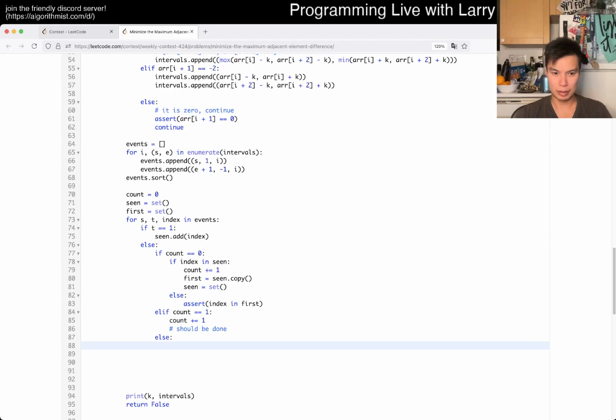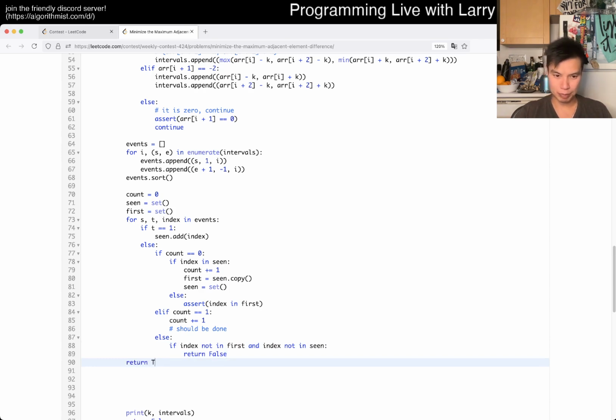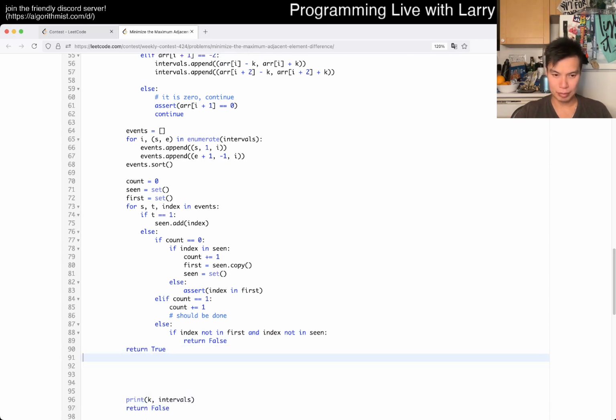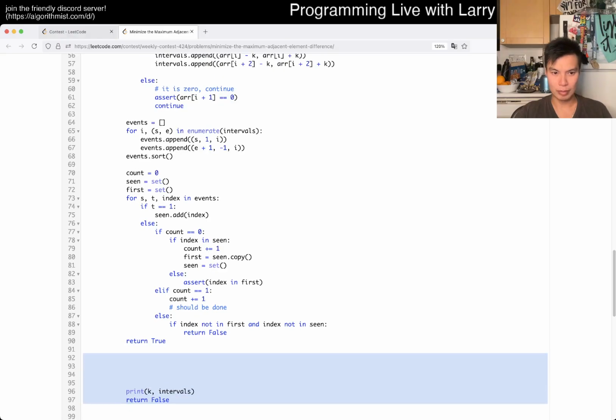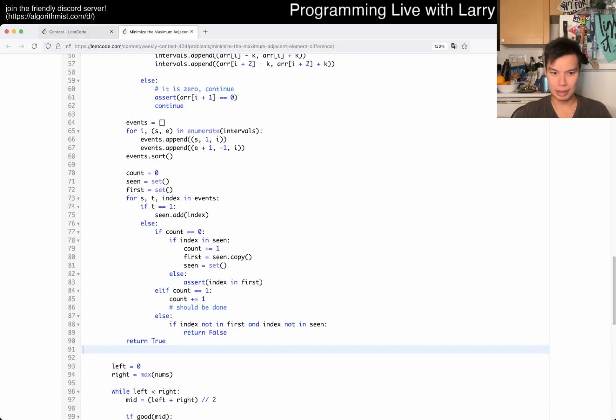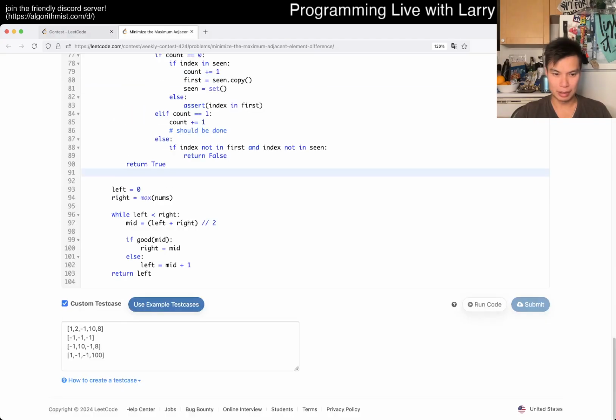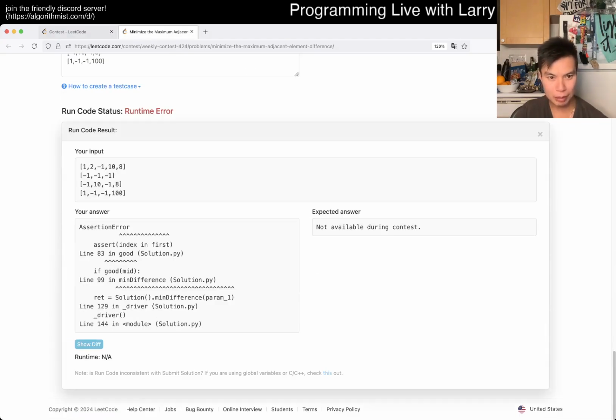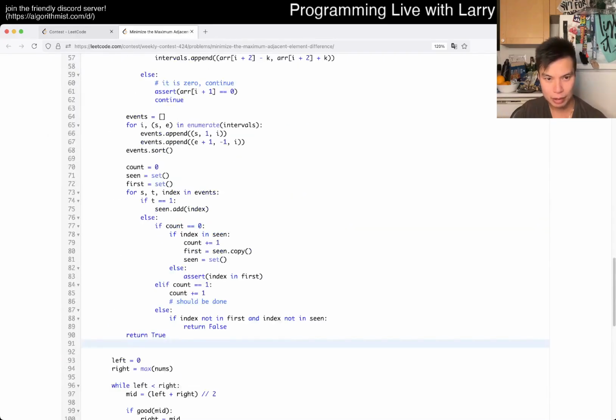Else, if index not in first and index not in seen, return false, maybe. Something like this. I don't know if this is right. I think the idea may be right, but assert index in first. It's okay, so